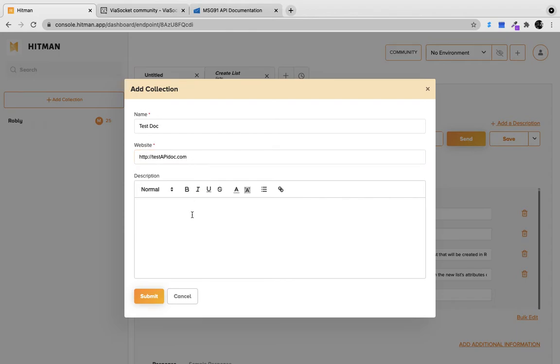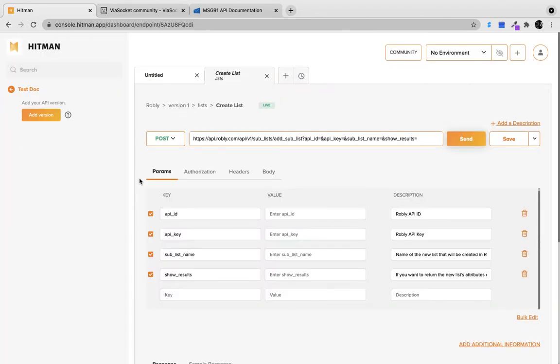So I'll enter the website, description for testing purpose. Here you enter your own description for the collection. This will help you in the future whenever you are going through the collection. Submit. And now it says add your API version.